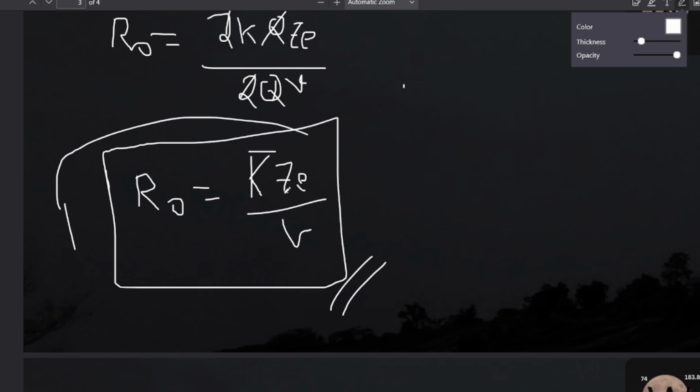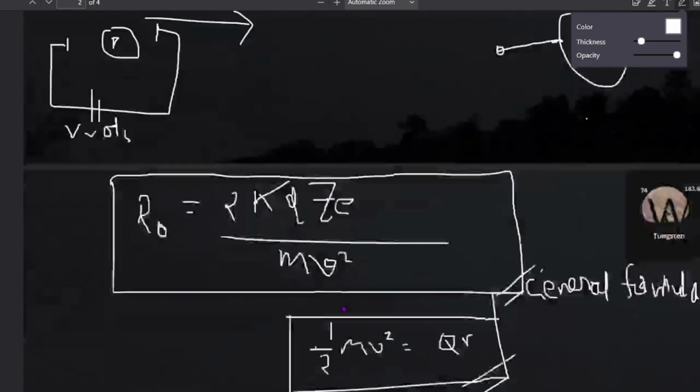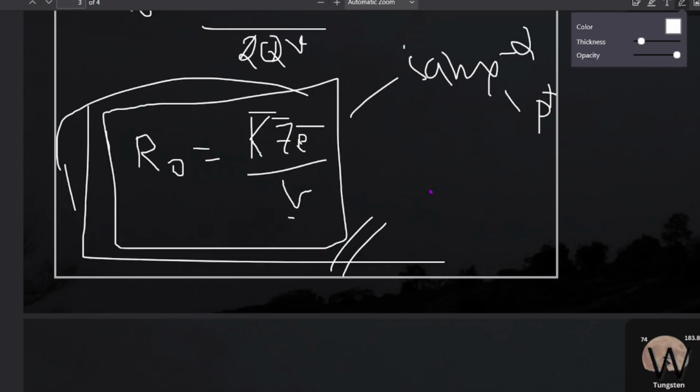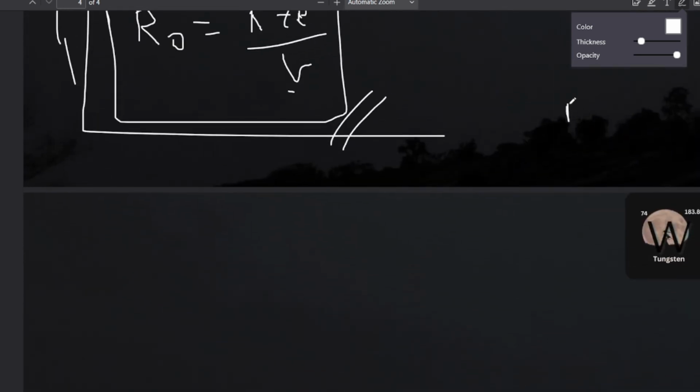k is a constant, Z atomic number is not changing, the charge of the electron doesn't change either, and V volts is also the same. So r0 will be the same for the alpha particle and the proton. For both of them, this r0 will be the same. So what will be the answer? The answer will be option number A, r, since it is the same distance r. Hence, answer